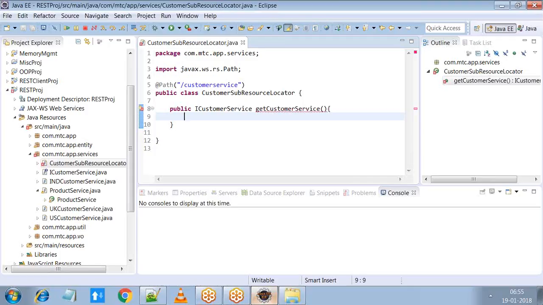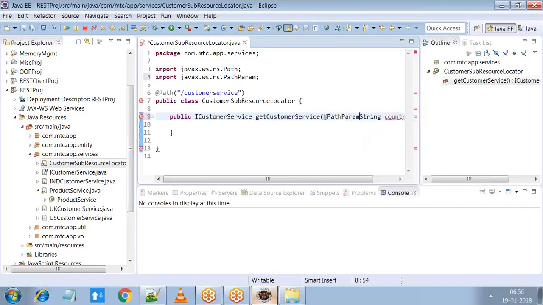So that country code or country name we'll take as a path parameter here. This method will take it as a path parameter,